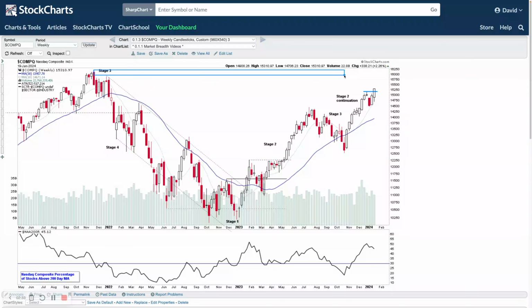Not anywhere near the 2021 highs yet, only 45.12% of stocks above the 200-day moving average, so a much more neutral position in terms of the breadth. But remember, the Nasdaq composite holds a lot of the healthcare type stocks. I think there's over 1,000 or so healthcare stocks in this one, which makes a big chunk of it. I think there's a good 20% or so of the Nasdaq composite that's in that healthcare sector,